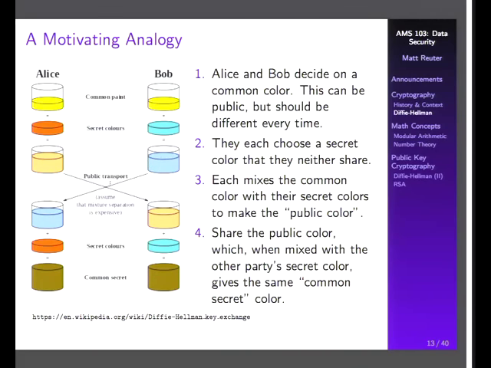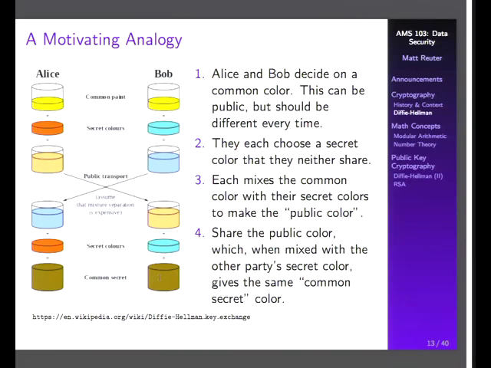And that can go over the insecure network just fine. Okay? And so what now happens is, Alice receives the sky blue from Bob, Bob receives the peach from Alice, and now they mix in their own secret colors. So Alice now adds the orange to the sky blue to get turd brown. Okay. Bob then adds his teal to peach, which also gives us turd brown. And so have Bob and Alice agreed now on that common secret? Yeah, they both have, at the end of the day, turd brown. Okay. So the key now is, pun intended,